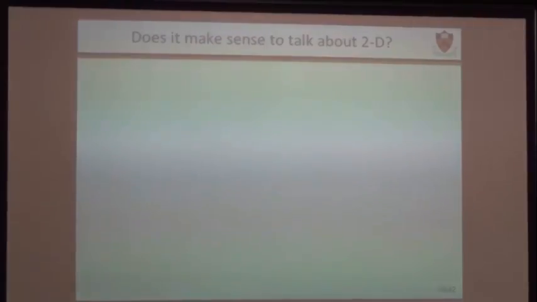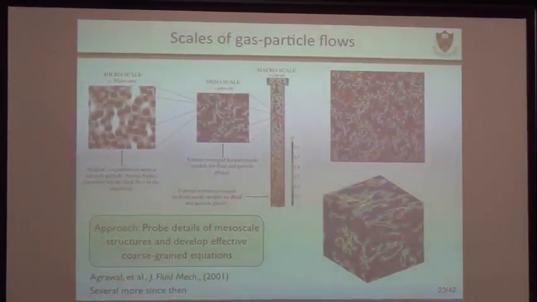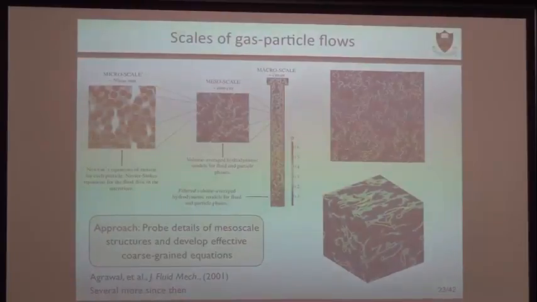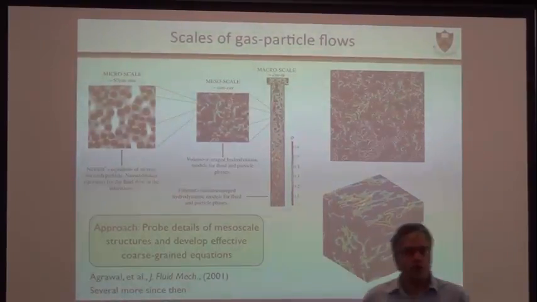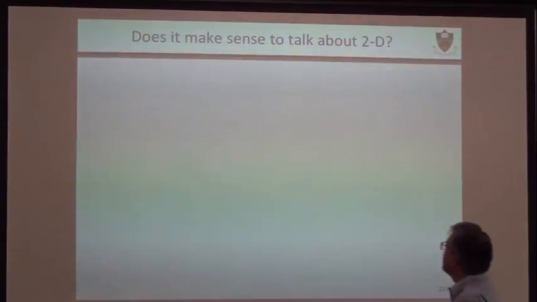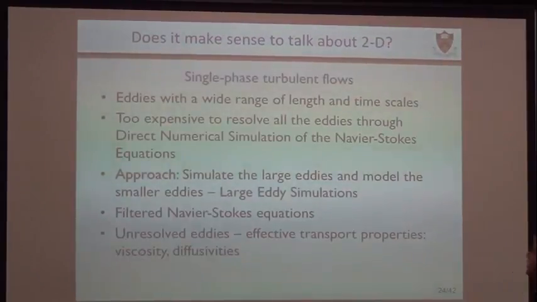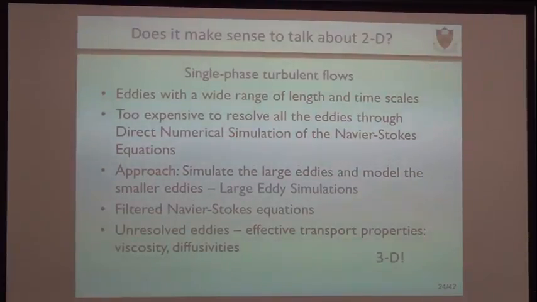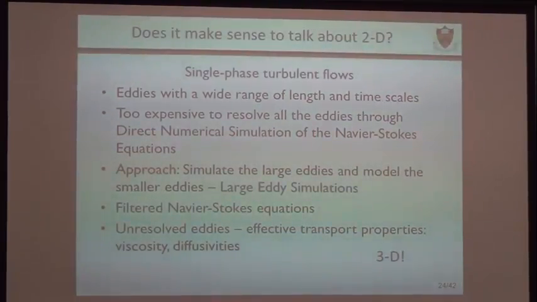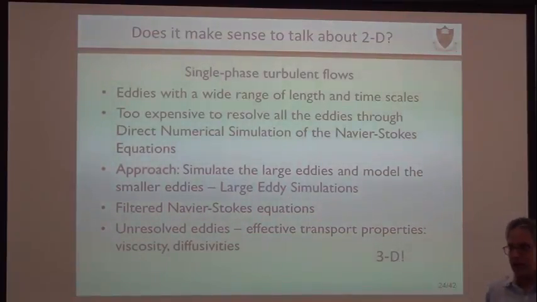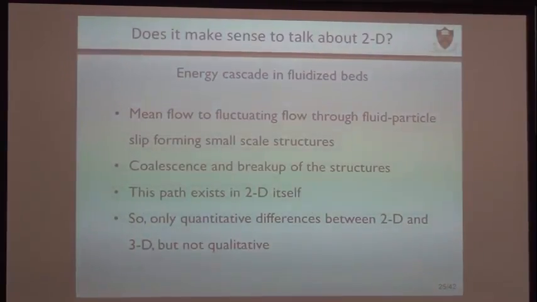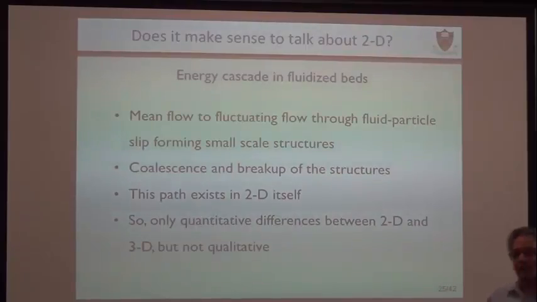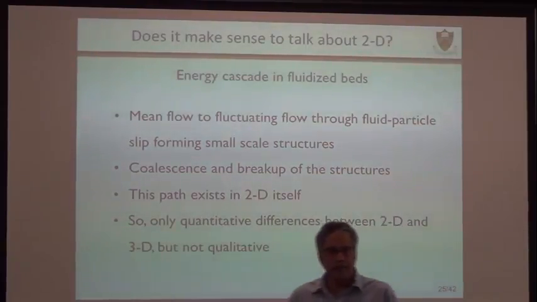We began by doing two-dimensional simulation. We also do 3D. But those of you who work in turbulence will say, hey, 2D turbulence is different from 3D turbulence, so how can you even do 2D? It is a natural question to think about. If you look at single-phase turbulence, you really need the 3D aspect, so 2D doesn't make sense. You won't get all the features because you only have dissipation but not a source of the small scale structure. But it turns out that for the fluid-solid phase, it's okay. You can get everything in 2D. And I'll show you that 2D and 3D give you similar results.